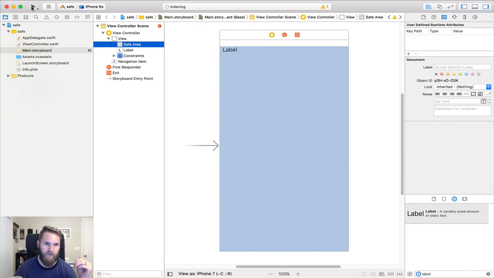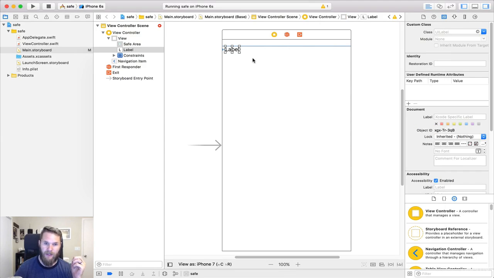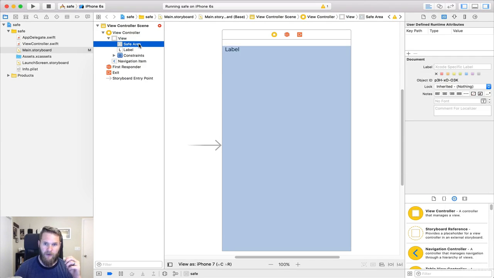And if I run this, it's built, and you'll see now that the label is actually right under our status bar, meaning the carrier signal, time, and battery. So it is safely being in the area that you'll be able to see it. But if we didn't have the safe area, and it's totally an option for you to turn off,